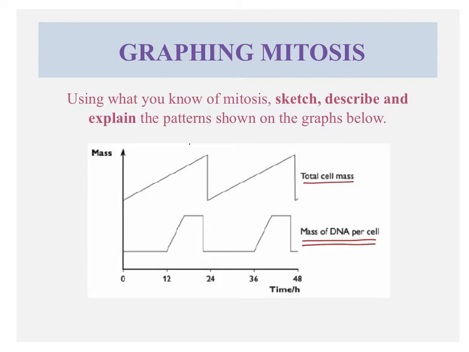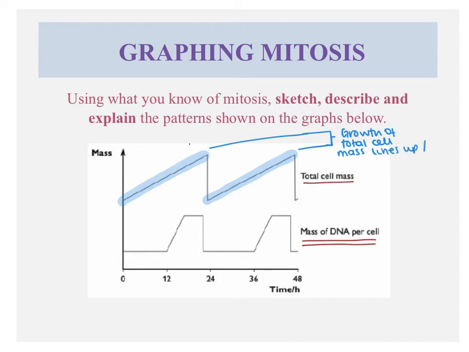So we're going to take a look at the top graph first. We're looking at the total cell mass. So we can see that there's periods of growth shown in the blue, followed by rapid periods of dropping. Now the periods of growth of the total cell mass, so I'm just going to write this over here, growth of total cell mass lines up or signifies